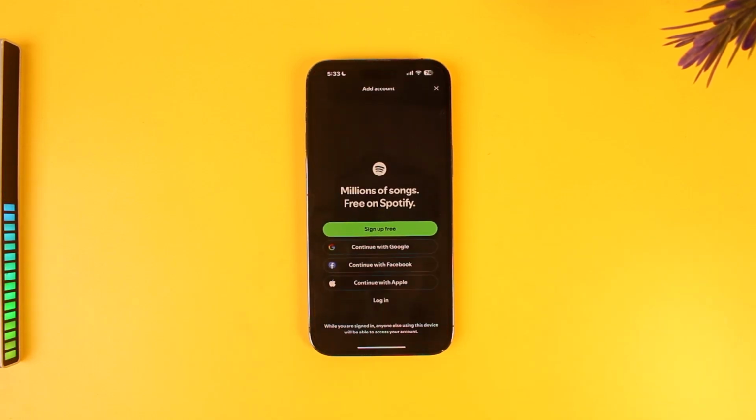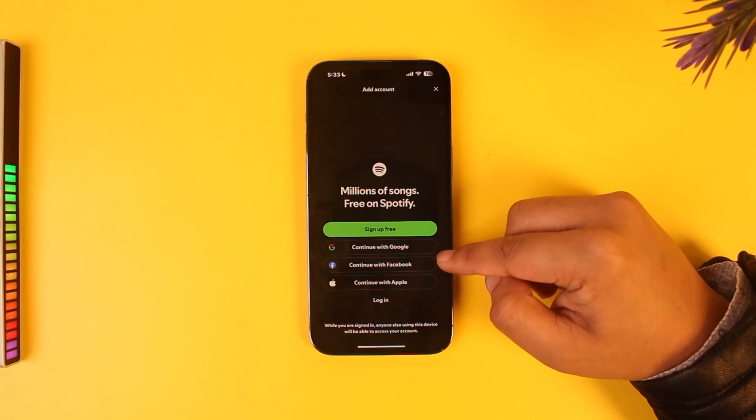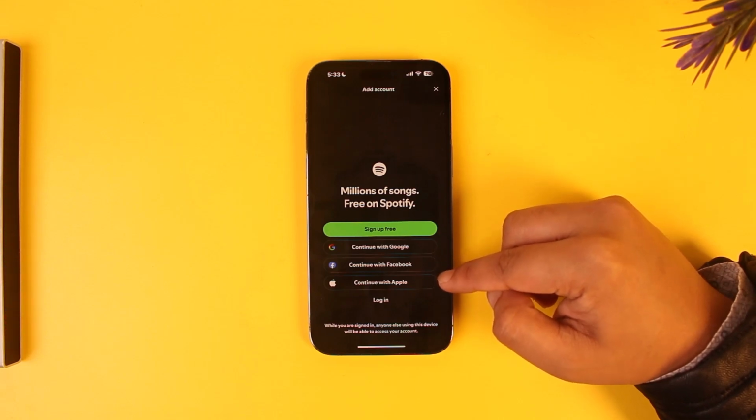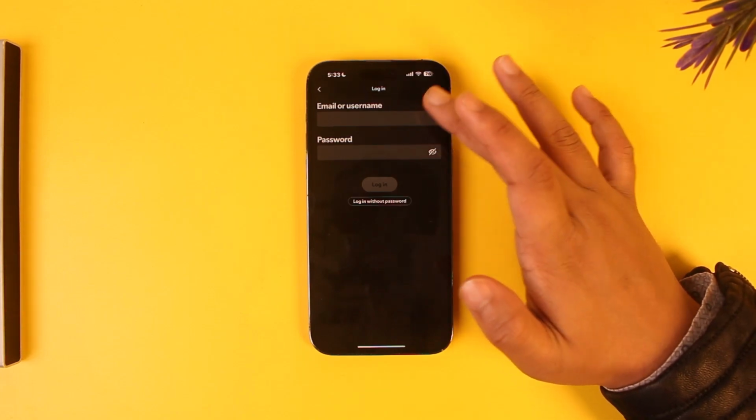Now when you're here, if you have not yet have an account, you can create a new account by tapping the sign up button or continue with your Google, Facebook or Apple ID. But if you have an account, you can just tap the login button here and just make sure to enter